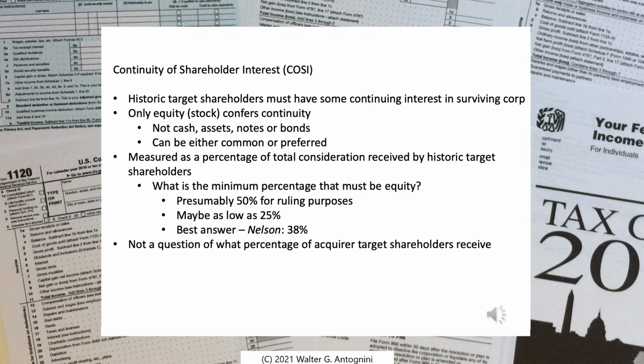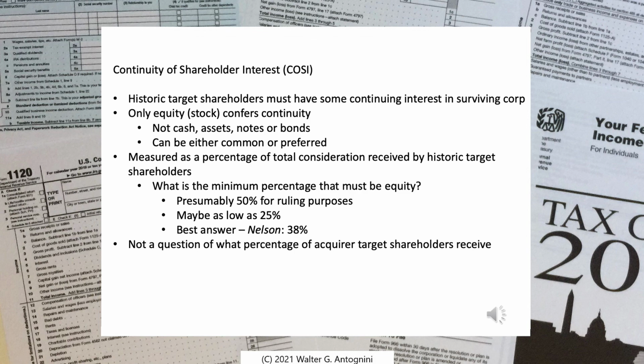These and other authorities basically lay down the following guidelines. Number one, the only consideration that confers continuity is equity, that is, stock of the acquirer. Not cash or other property, not debt, not even long-term debt, such as bonds. Within equity, it appears to matter little what type of equity. Common and preferred are both acceptable for this purpose, but the type can be relevant for other purposes, which we